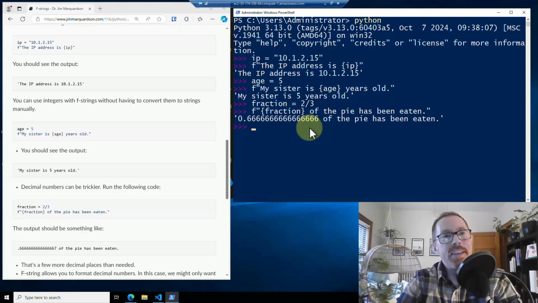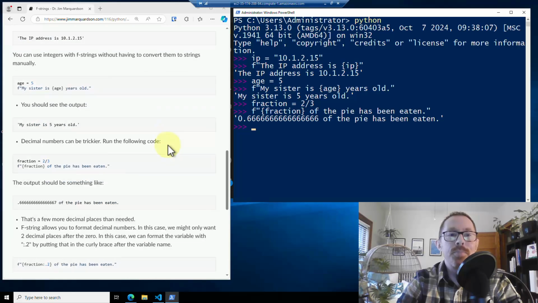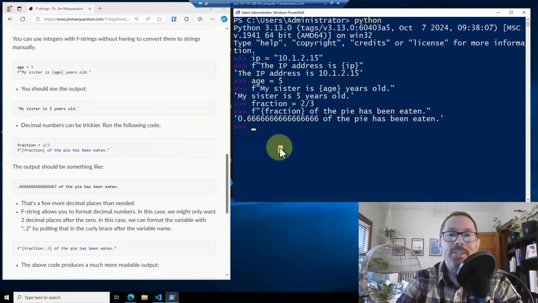Maybe we don't need that many decimal places. We probably don't care to the 12th decimal place how much of a pie has been eaten. So we might want to round that number off. And so F strings, they can do this for us. So I'm going to type that code again, but add one specific thing. I'm going to type F to tell Python this is an F string, fraction, the name of the variable,